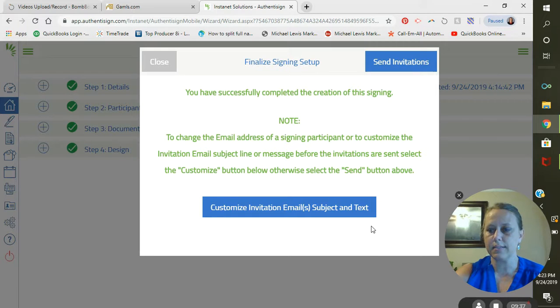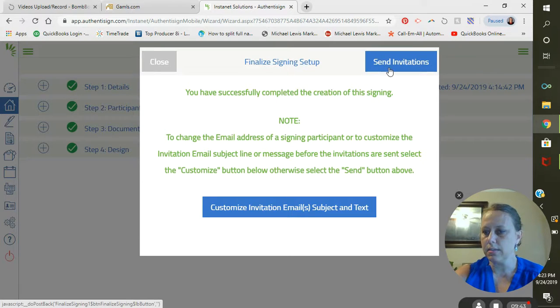And then you're at the last step for assigning. So it says finalizing signing setup, and that is exactly it. You can go in and click send invitations, and it will send the invitations out. You'll be good to go. It's just a